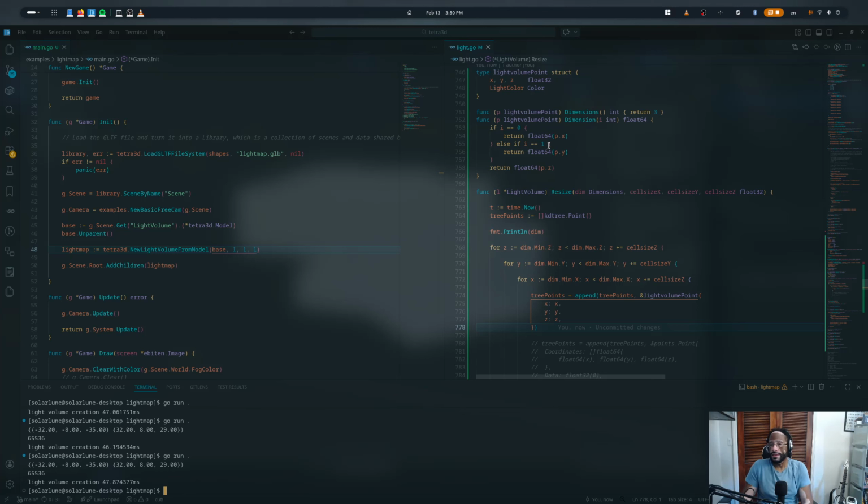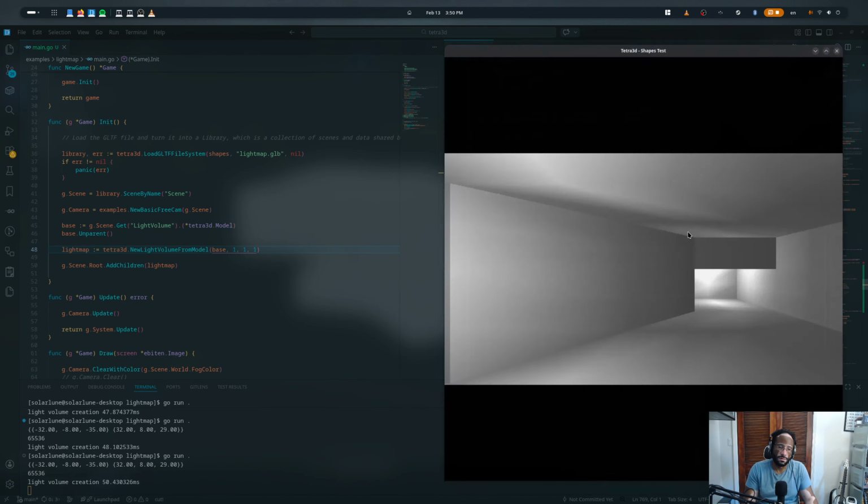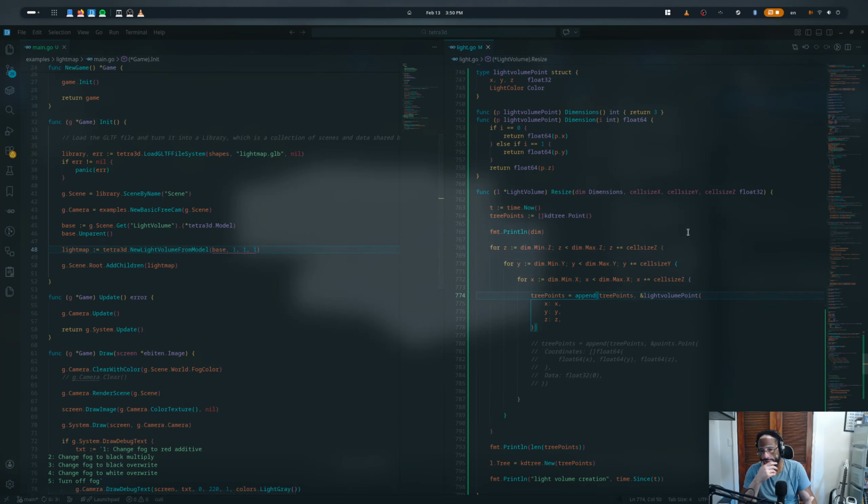Do we need it to be a pointer? That doesn't make it faster necessarily. I guess we could make this ahead of time, so we don't have to keep resizing the slice, because we know how many elements this is going to be. The capacity is going to be dim